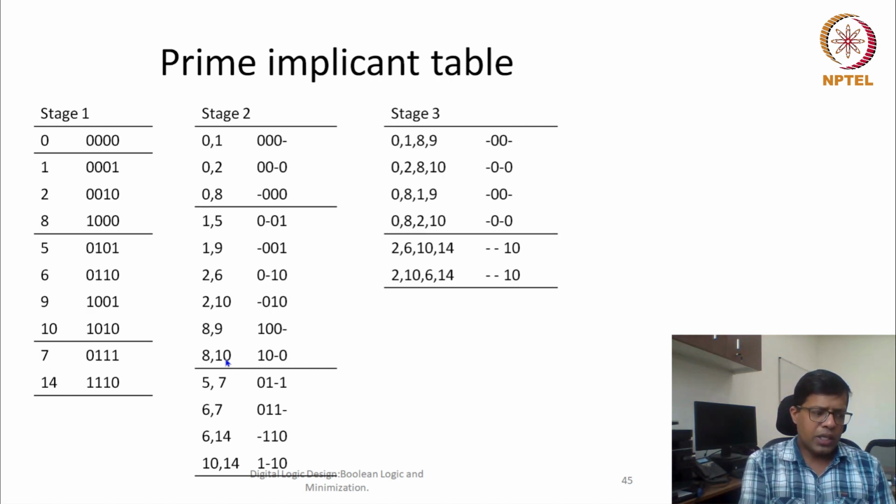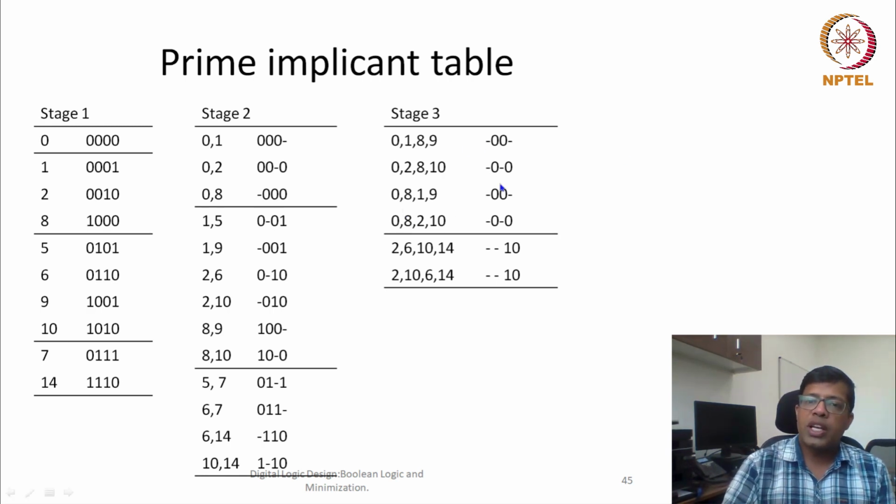Why am I mentioning the difference part? Because if we use it, we can write a systematic algorithm to find all these implicants at stage 2, stage 3 or stage 4. The process is algorithmically sound, and a computer need not write all these tables the way we are writing. The computer can simply create these pairs by looking at whether the difference is equal to a power of 2 or not.